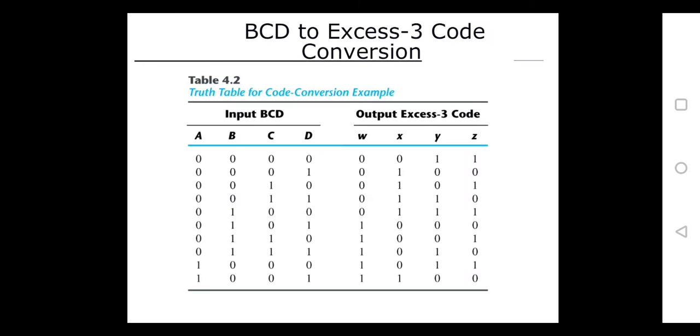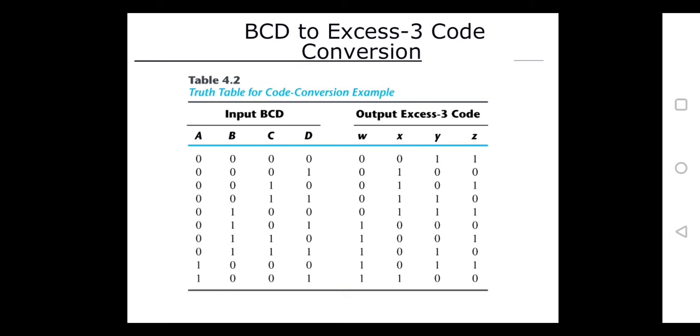So let us see with an example. Here the problem statement is that we need to design a code converter which will convert BCD to XS3 code. From the problem statement we can find out that the input is a BCD number system and the output is an XS3 code. Before understanding the number of inputs and outputs, first we need to understand what is meant by BCD.